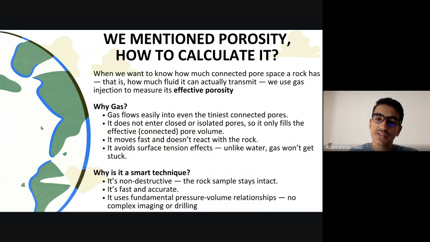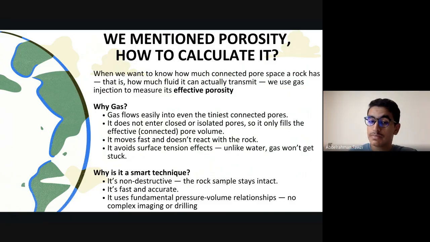Why do we need effective porosity? Because effective porosity is the actual porosity that we can use, the pore spaces that can transmit the fluid. We also have trapped pore spaces, but these are not effective, and we are not interested in these pore spaces at all. Why is this method smart? Because it is not destructive. I mean, if you have a liquid, for example water, and it flows through the rock matrix, sometimes it can destruct and cause some disturbance in the distribution of your pore spaces.